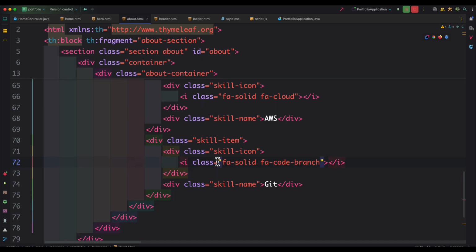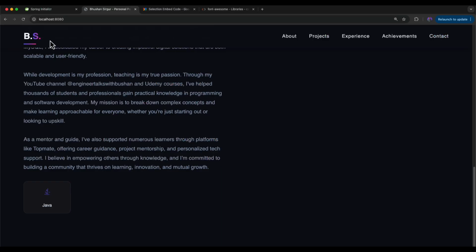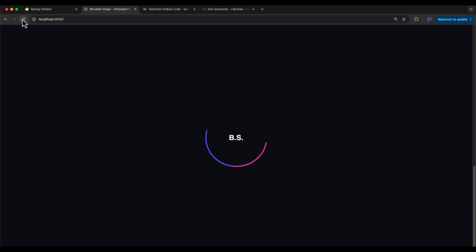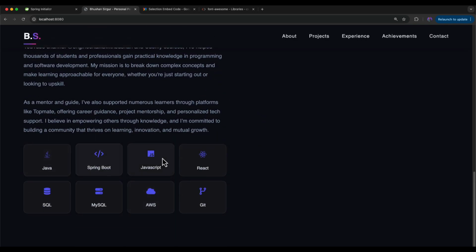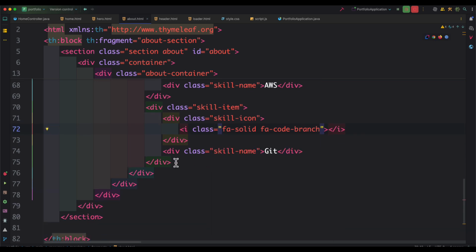Perfect. Let's save this and open the browser and reload this. We should see all the icons. Boom. Java, Spring Boot, JavaScript, React, SQL, MySQL, AWS, and Git. Perfect. And next, after this div, I'm going to create one more div with a class about